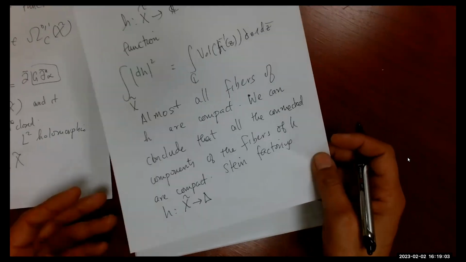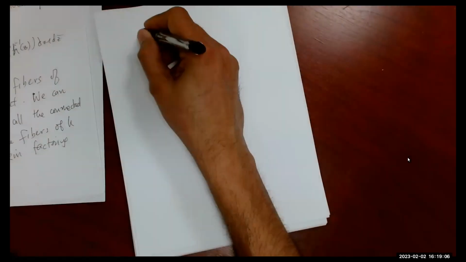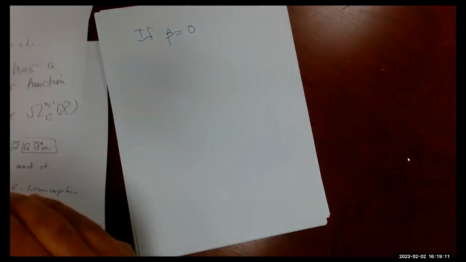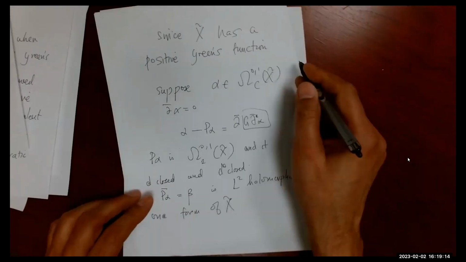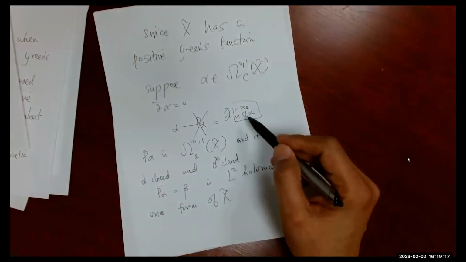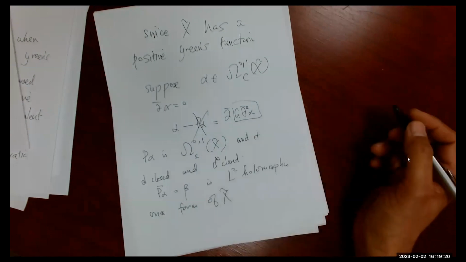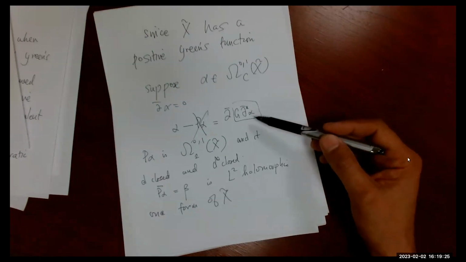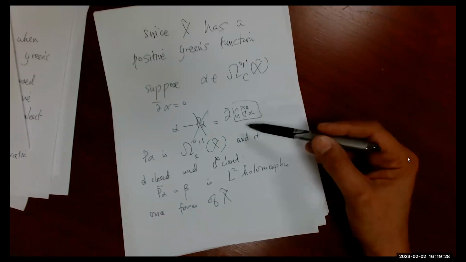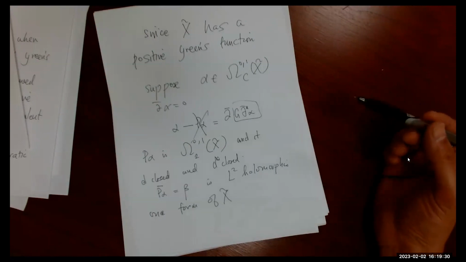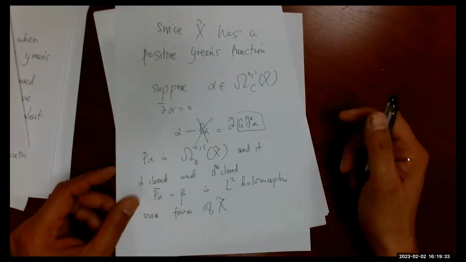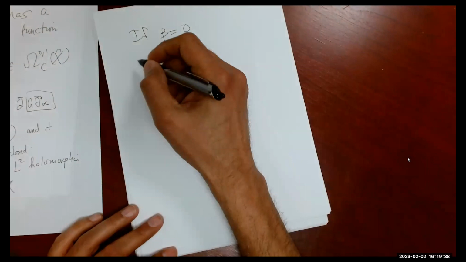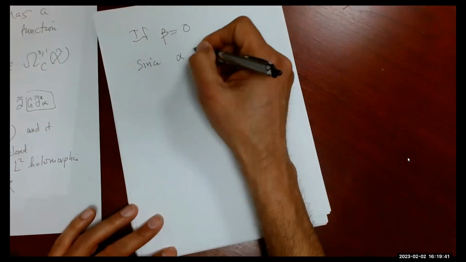So if beta is 0, you get the following. That means this harmonic projection is 0. So we have actually solved G applied to d bar star alpha is alpha. And you would like to somehow say that then G applied to d bar star alpha has compact support. So we need an argument. So the first remark is, since alpha is compactly supported,